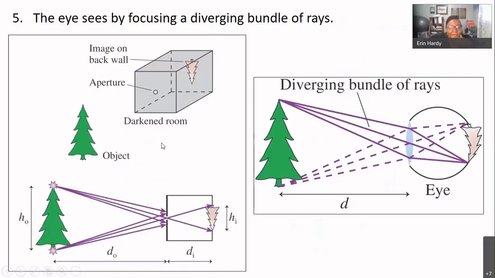So this here, 5, the eye sees by focusing a diverging bundle of rays. There's a diagram that shows the short story or the simple explanation of how light can interact with material outside of our eye, then pass through the natural lens that exists in our eye and form an image on our retina as opposed to a screen that our brain can then interpret. The same thing happens with this simple device. This is called a camera obscura. It is the same basic design as the earliest film cameras, or even